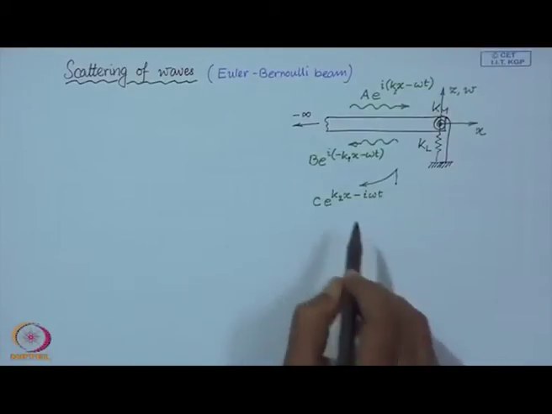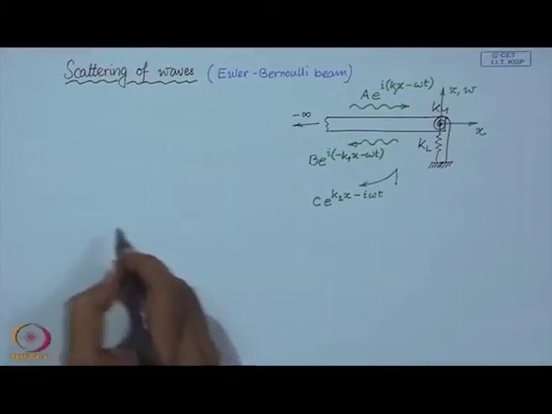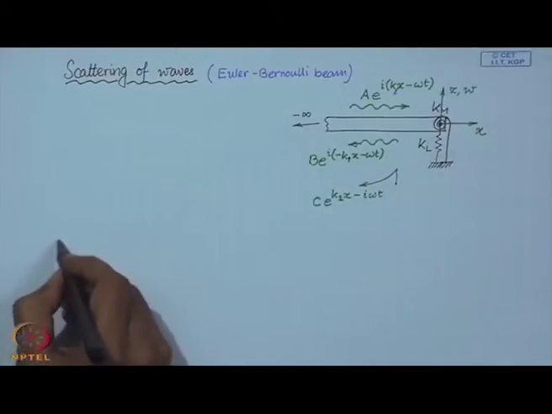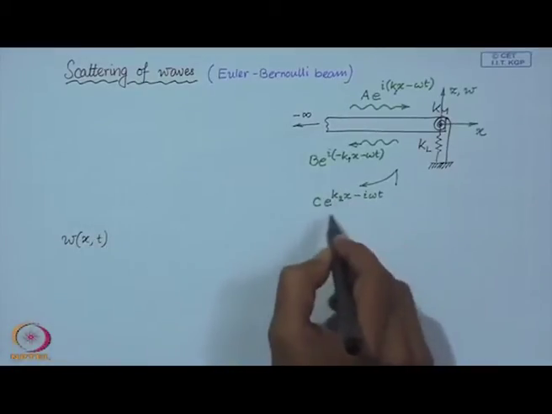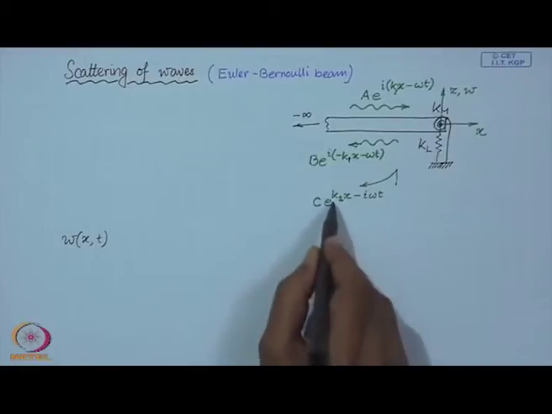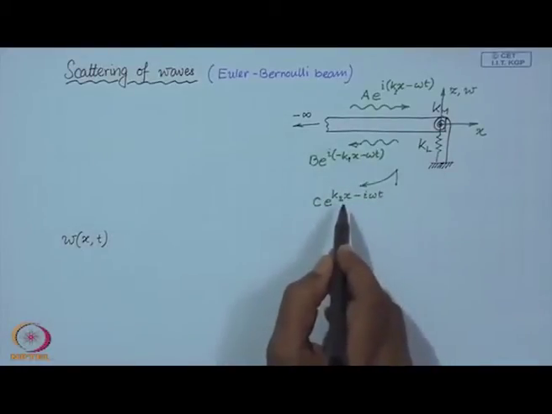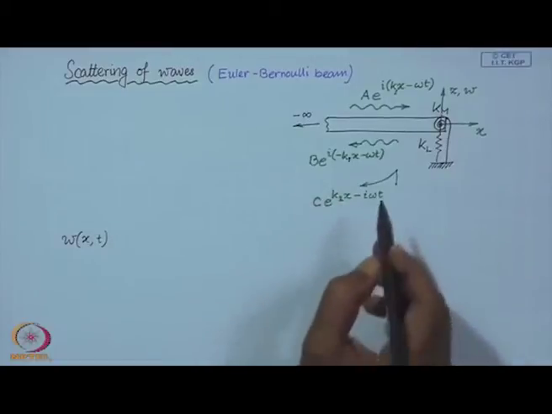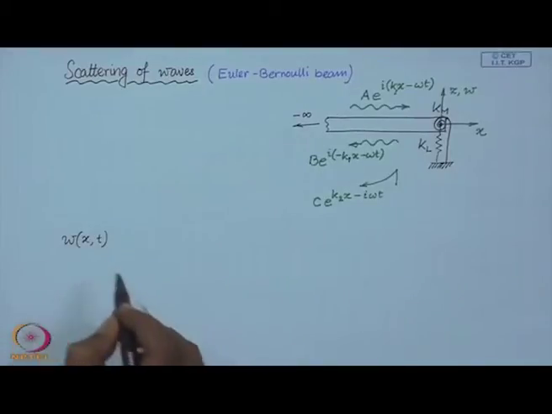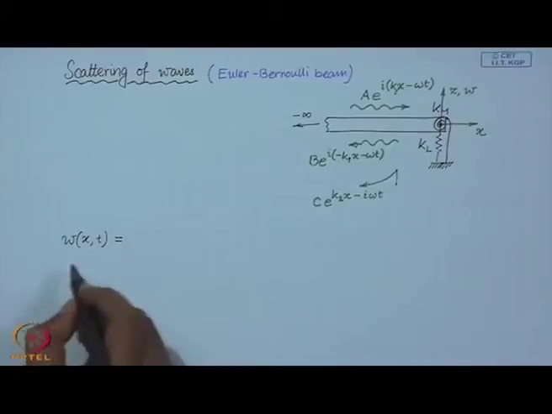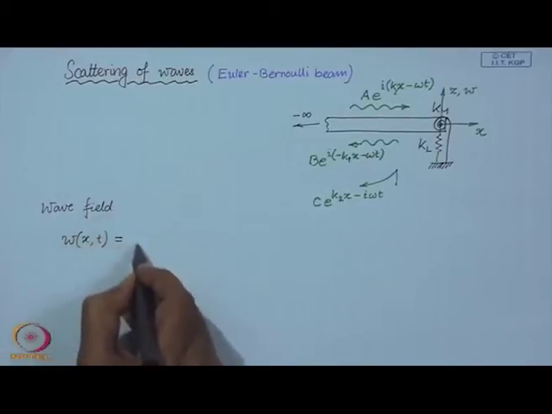Now, therefore, the total wave field in the beam, so you will not have an evanescent wave with negative x, since as the beam goes up to minus infinity, such a wave would diverge. So, from physical considerations we have only one evanescent wave in this form. Now, so the total wave field is given by